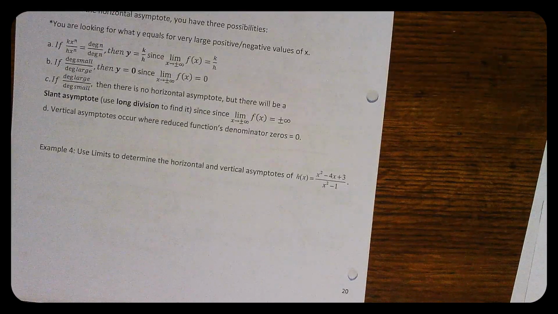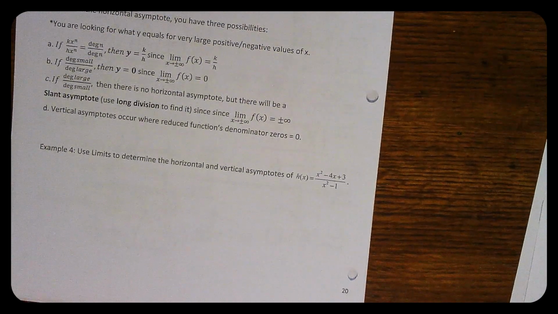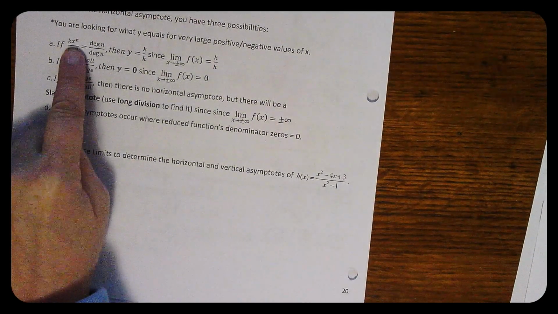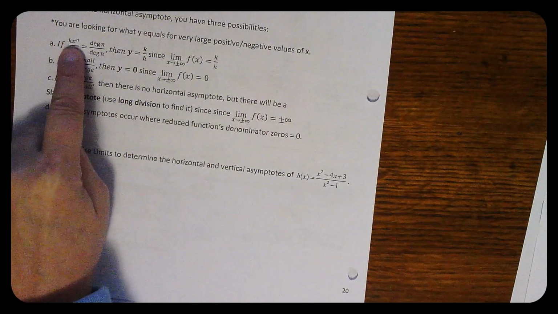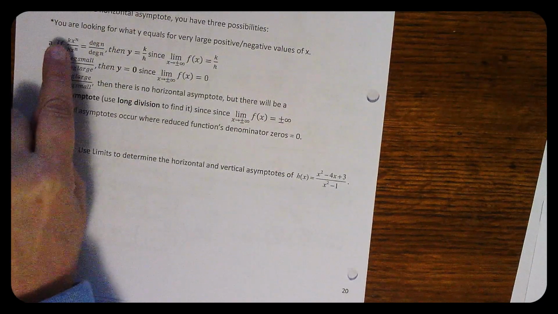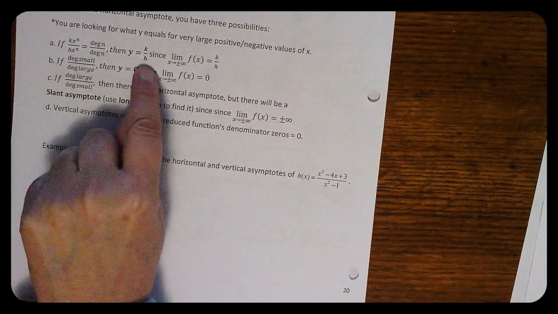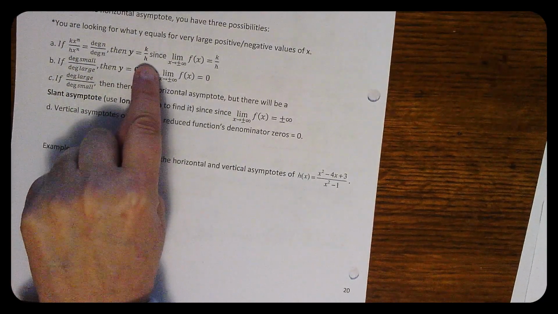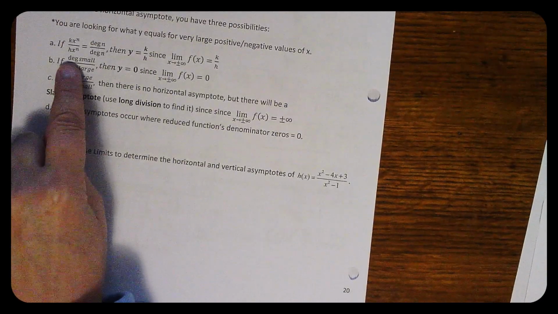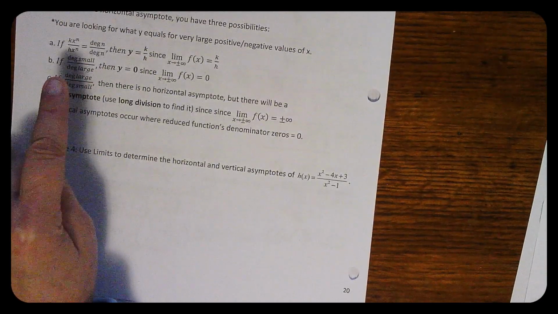Okay, so this next part is really review from 171. If you want to find the horizontal asymptote and use some shortcuts, it's all about the degree. So if you have degree same over same, the same degree on the top as the bottom, then the horizontal asymptote is just going to be y equals k over h. These are for polynomials. If you have degree small over large,